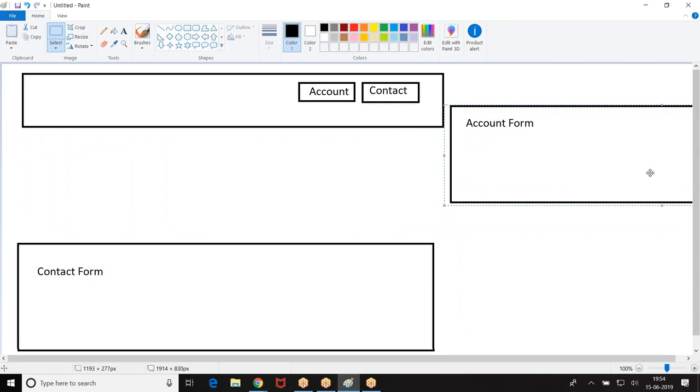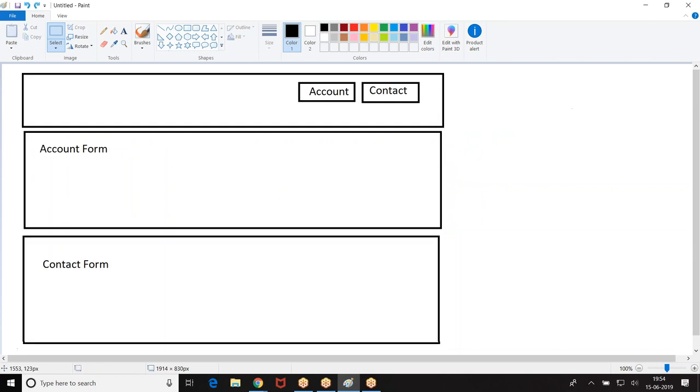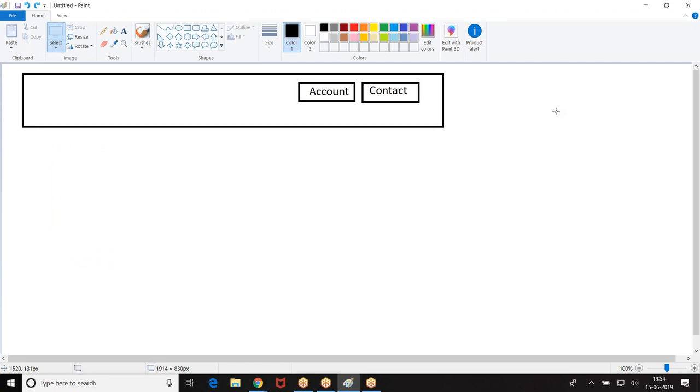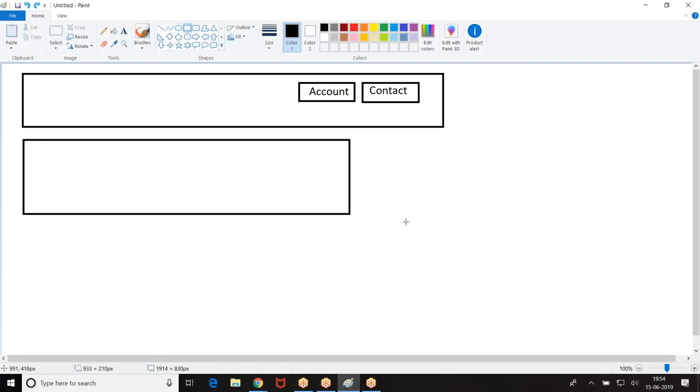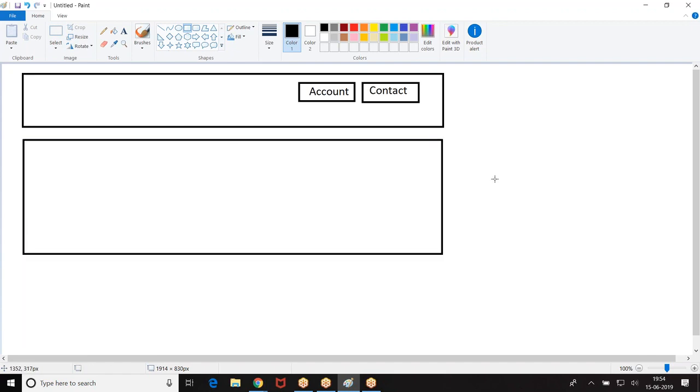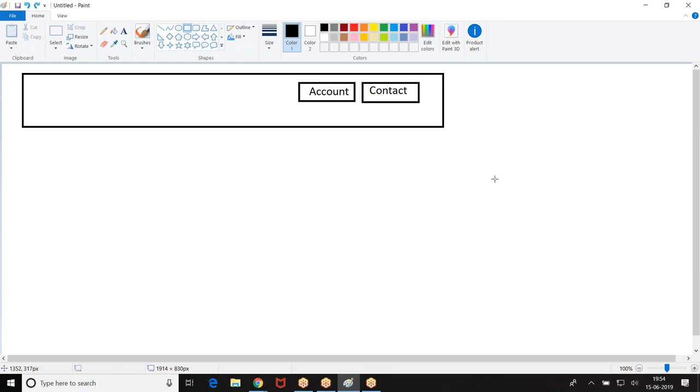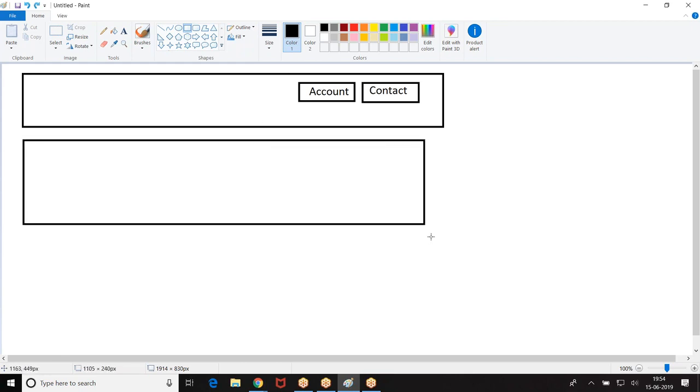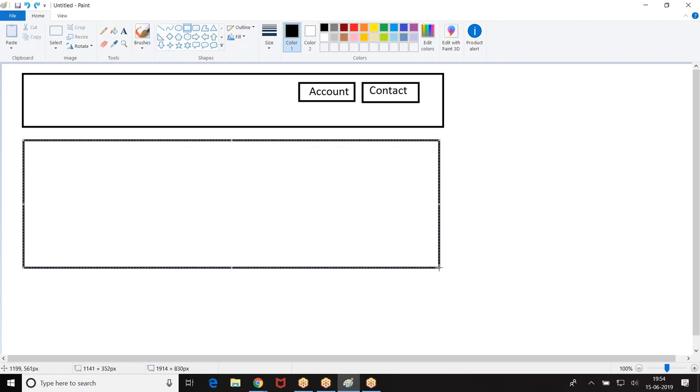Now my requirement is just a component. I don't want to add anything on the page. Initially there is nothing, it's empty. I am not adding code and saying hide, show. I am not writing anything. It is empty here. When I click on account, one account component should be created dynamically, and that should be displayed here.